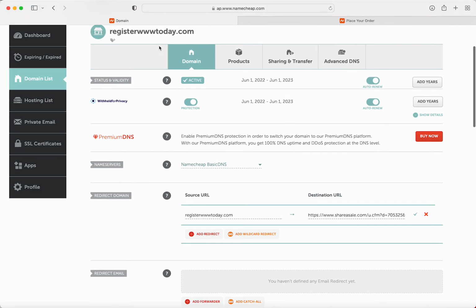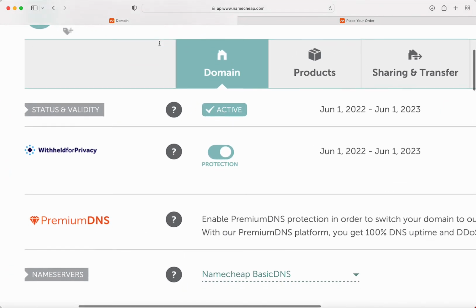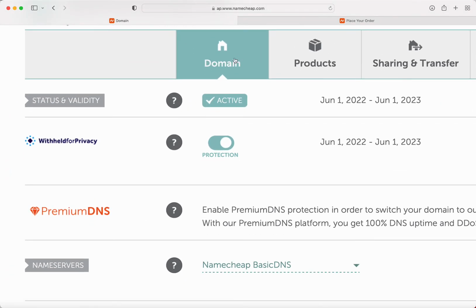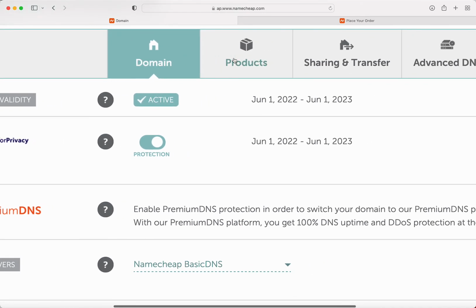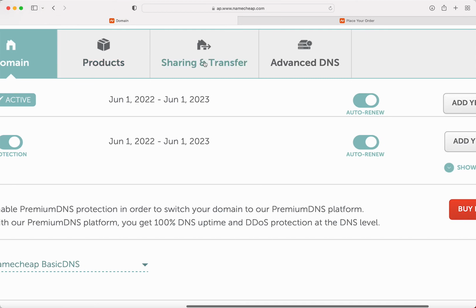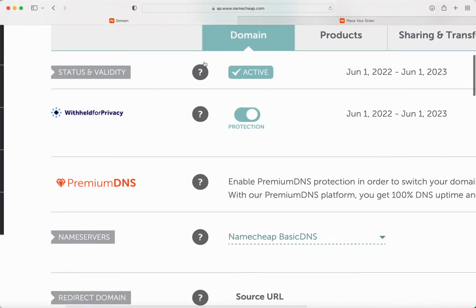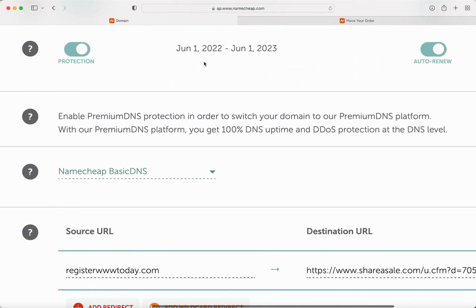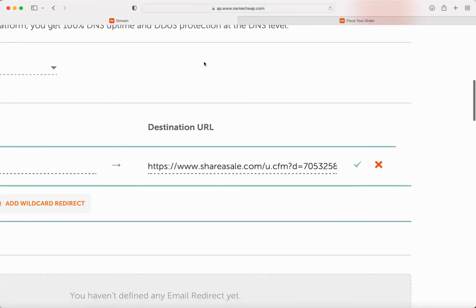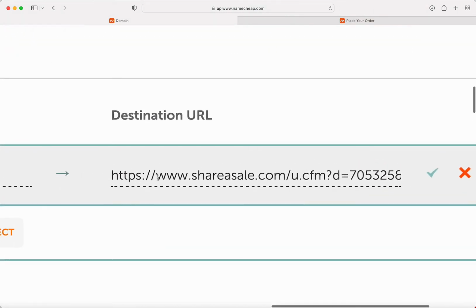When you get that domain name and you log in, you're going to go to your domain information, and it's going to have domain, product, sharing, transferring, advanced DNS, and you're going to go all the way down to where it says redirect domain, and this destination URL is where you're going to paste your affiliate link, and then you're going to click on the green check mark for save changes,